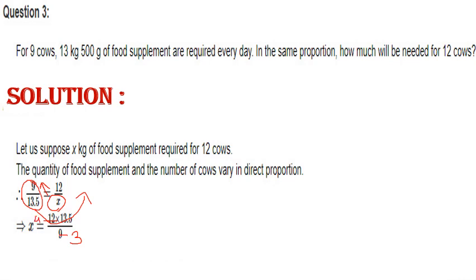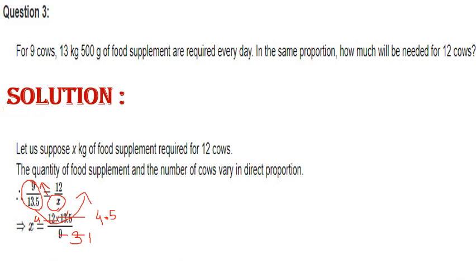Now here we have 3 and 4, 3 and 13.5. Now 135 is divisible by 3. 3 ones are 3, 3 fours are 12. 1 is moved further because there is a decimal, you also have to take the decimal here. So 13 minus 12 is 1. So 1 is carried forward and becomes 15. 1 and 5 becomes 15, and 3 fives are 15.